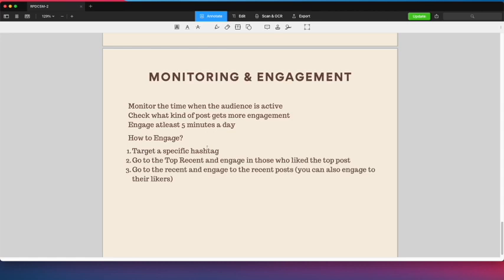Next is, I go to the recent, yung kaka-upload lang using that hashtag, meron lumalabas yun. So, nag-i-engage ako doon sa recent posts, and at the same time, nag-i-engage din ako sa mga nagla-like nun kasi it's a recent post. Ibig sabihin, online pa yung nagpo-post nun and yung nag-like nun. So, basically, mabilis yung connection namin kasi online sila, online ako. So, ayun, magkakaroon kami ng connection agad. So, that's how I engage. And that's what I have been doing for my clients. And so far naman,